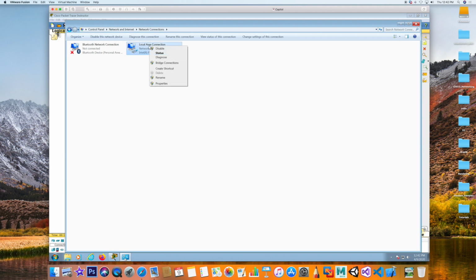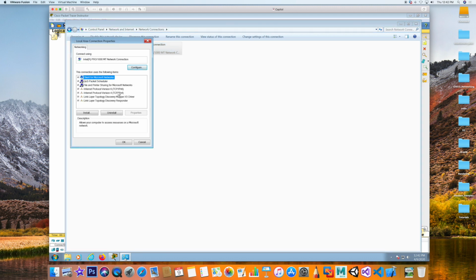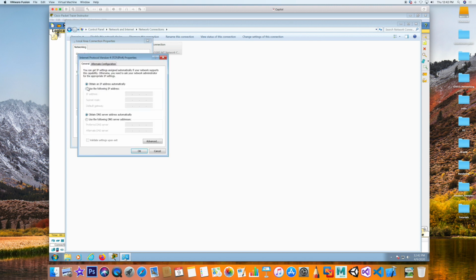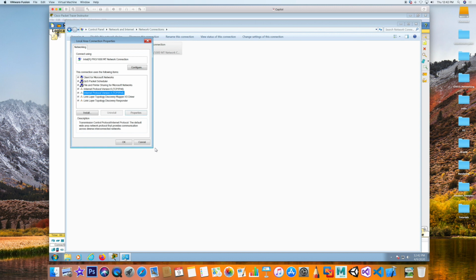So I'm just going to go ahead and go to Properties for that one, and go to TCP/IP version 4 and go to its properties. And as you can see, my IP address is obtained dynamically or automatically. Okay? So if I did an ipconfig at the prompt, I should be able to see what IP address